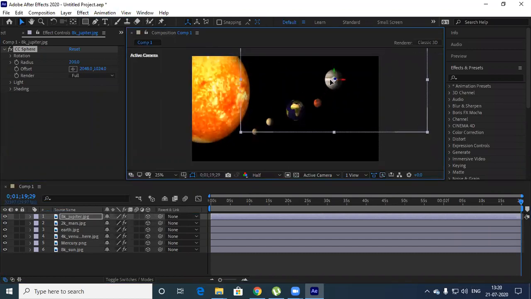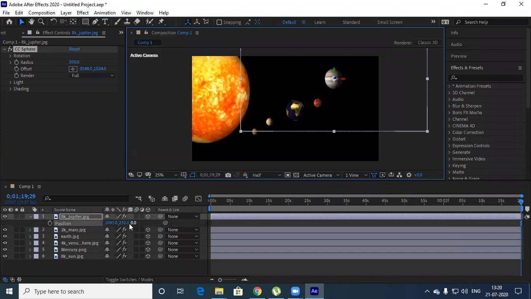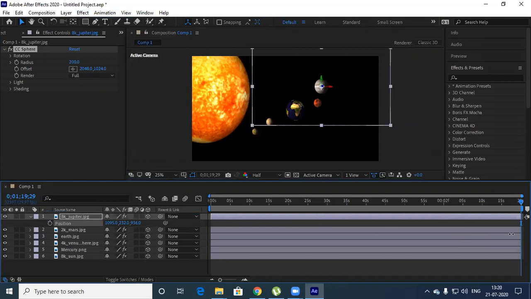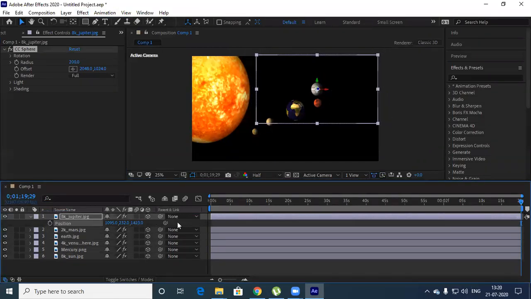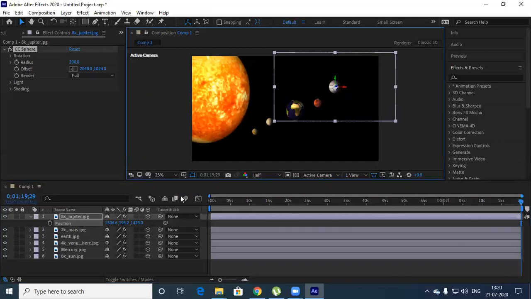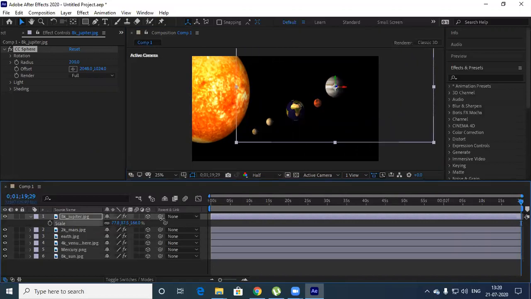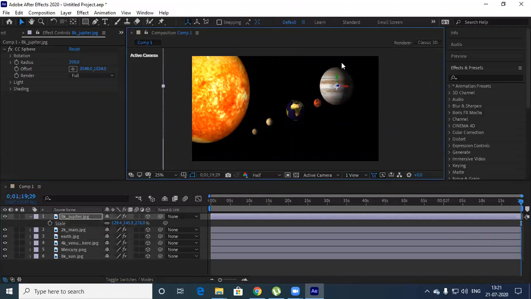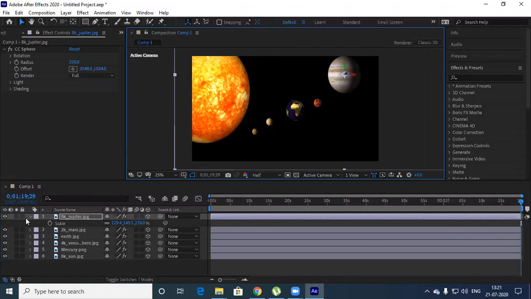So I'll place Jupiter here, and you need to move it a bit backside, so I'm giving more value, and the size is also a bit larger. Even though this is in the backside, the size is a bit larger only. Okay.